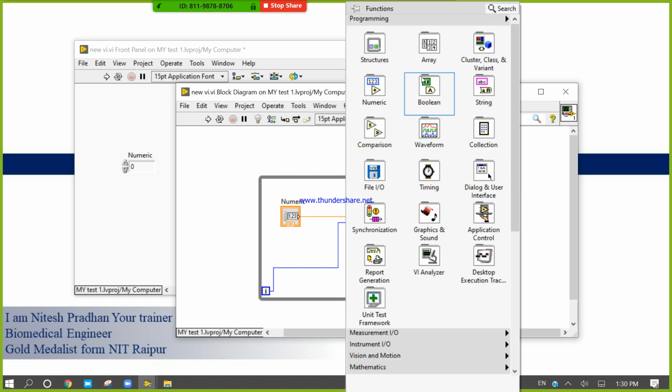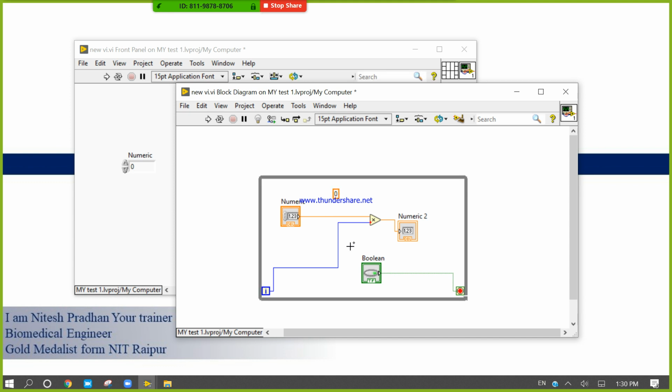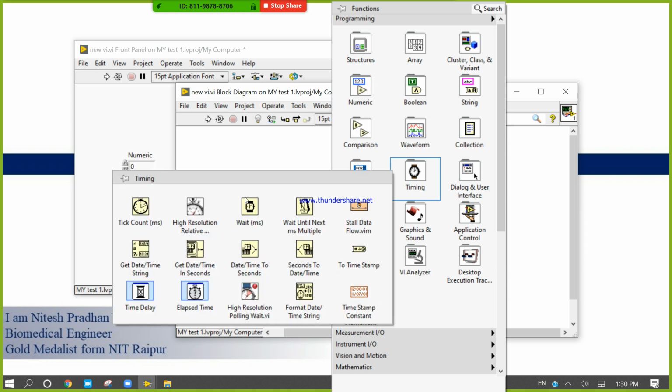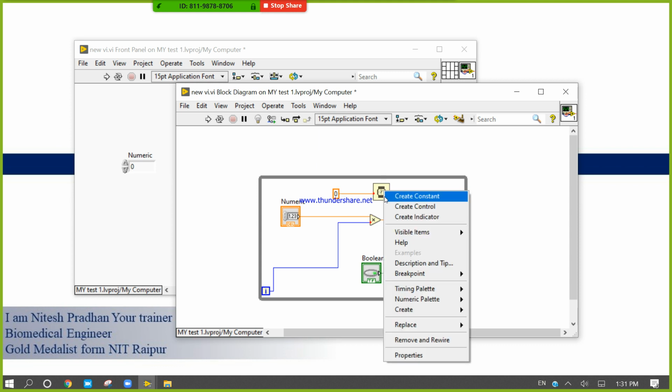We can also use the constant in the block diagram. There is one more thing we use in the block diagram, that is the constant. We use this constant to give a fixed value, because I know my system, what the speed of my system is. Okay, I know the speed of my processing unit, and I also know what speed the user can expect from his program.